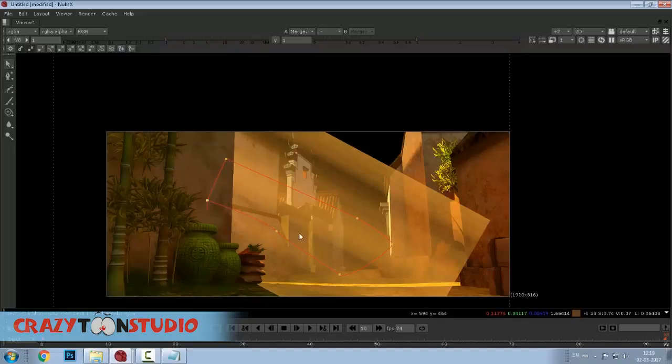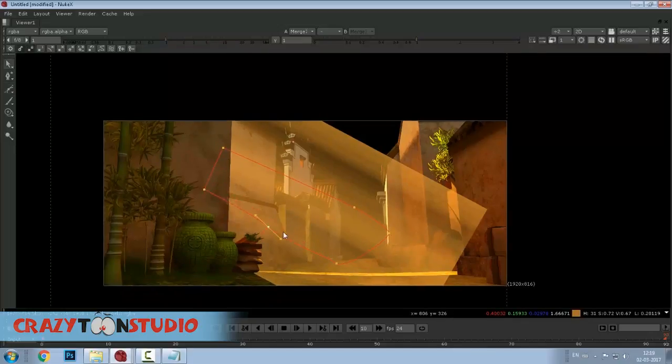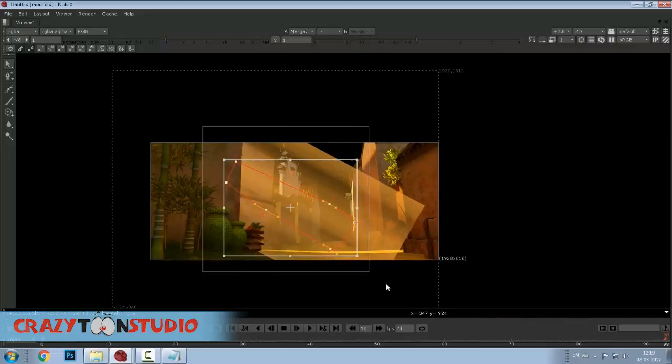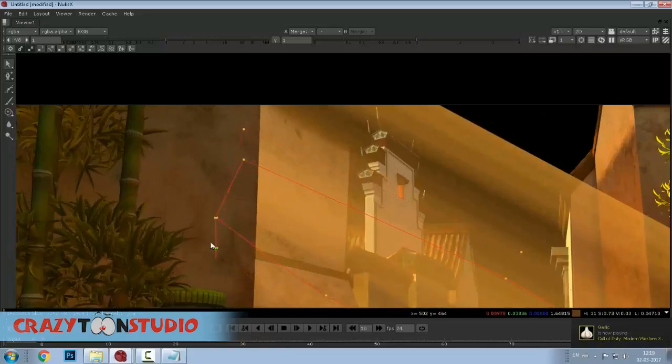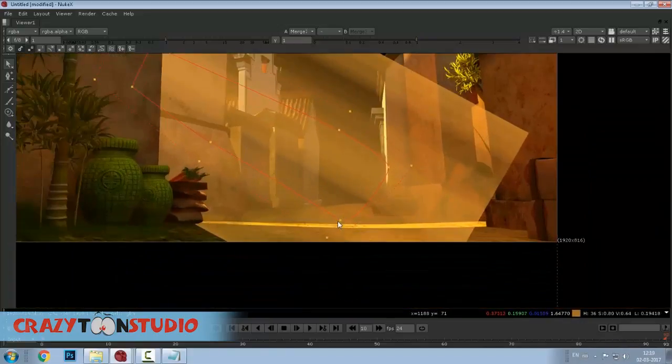I just did that randomly. And what else I'm going to do, I'm going to select all this and hit E to soften it. We need to make soft edges, right? It's totally up to you how